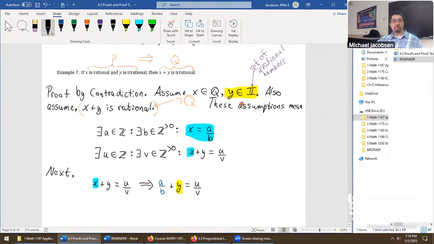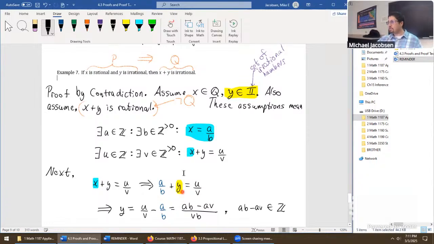The weirdest part of this whole problem, the irrational part, this now implies y itself is equal to u divided by b minus a divided by b, which is then equal to ab minus av divided by vb. We want to take a look at this form really closely. a, b, and v are all integers, so the element in the numerator is an integer. Let's say that right here: ab minus av